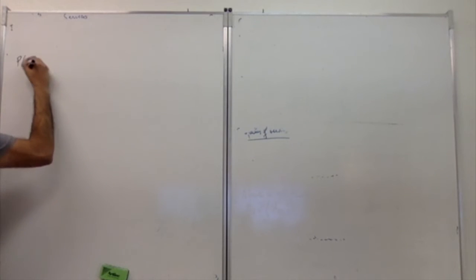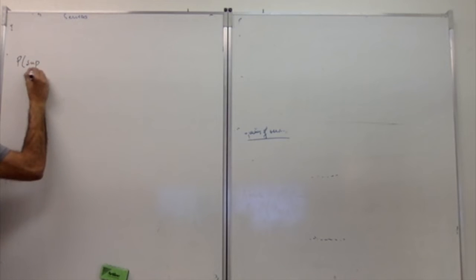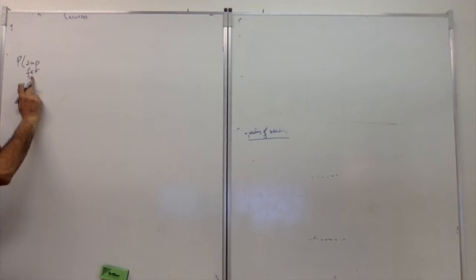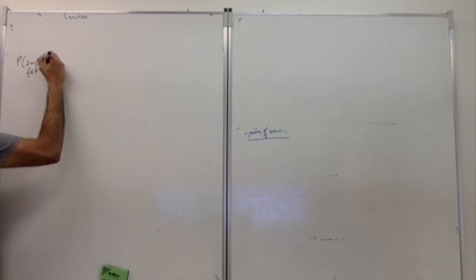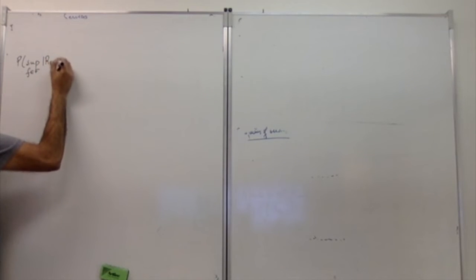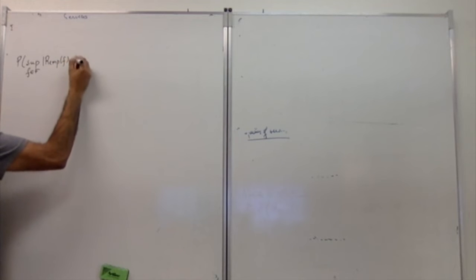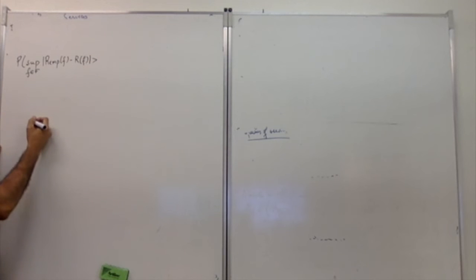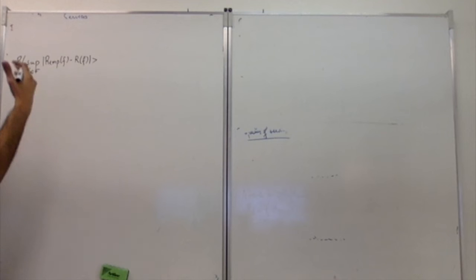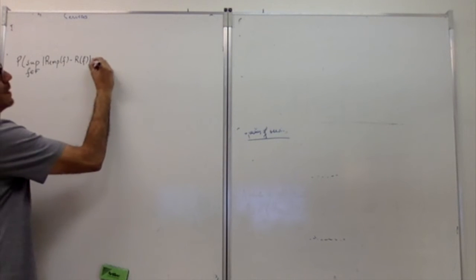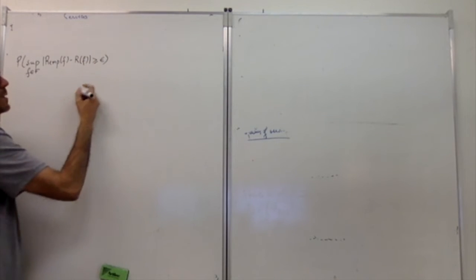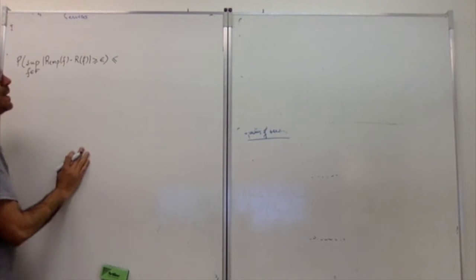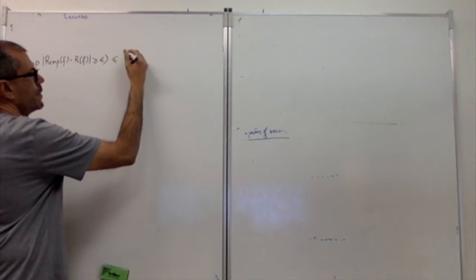So this probability of the supremum value for all functions, that's the same as saying that for all functions inside some algorithm bias, this is the same as the difference in absolute value between the empirical risk and the expected risk, just because it doesn't matter if it's negative or positive, it's just a distance, that's why. Greater than or equal to some epsilon, that's going to be less than or equal to...